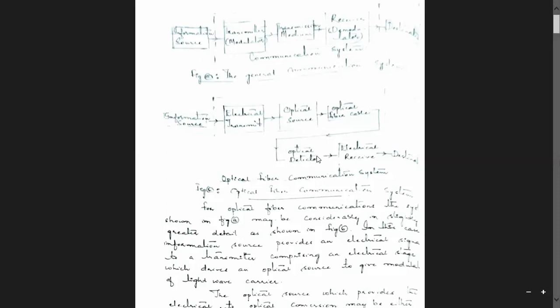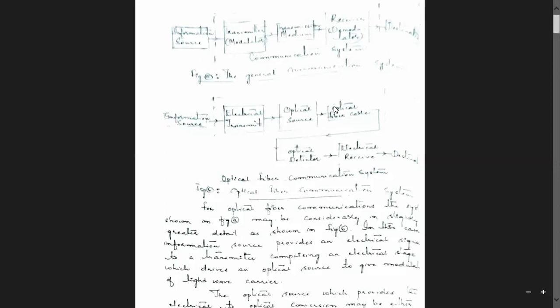Similarly, the drive circuitry to this optical detector is the electrical receive. This electrical transmit is going to receive the low frequency signals from the source and convert them into high frequency electrical signals. Therefore, it is clear that this is doing that conversion. Low frequency signals will be converted into high frequency signals, and it is not possible to launch these high frequency electrical signals into the optical fiber cable